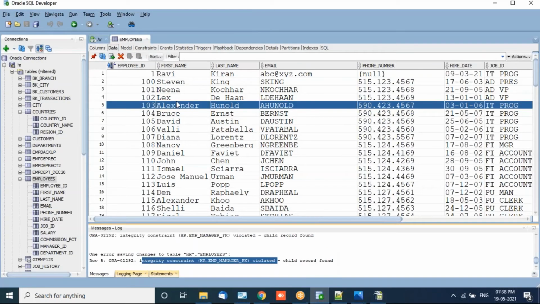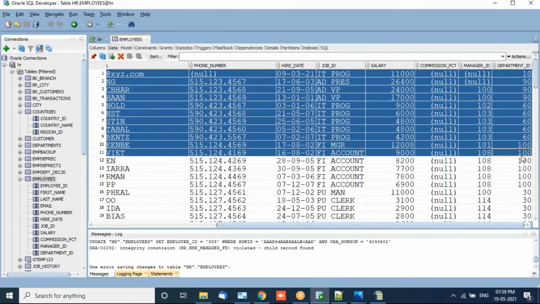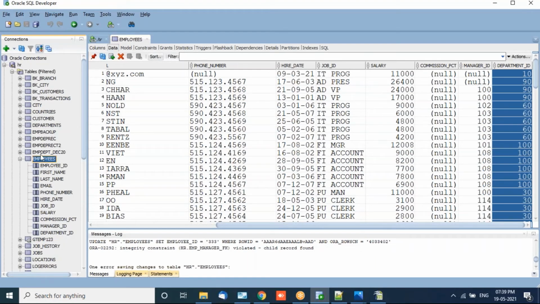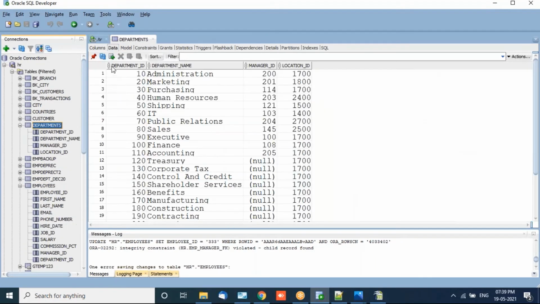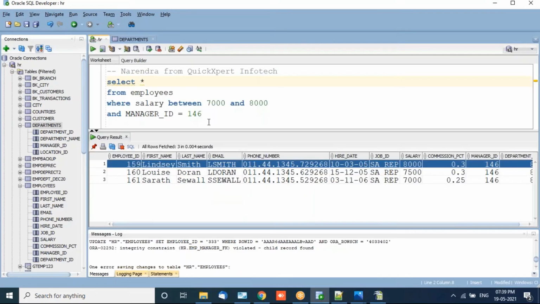See, if I cross verify, this is all numeric, which is the department ID. You can see this column is all numeric, and the departments are also all numeric. So basically you're doing a match of the pair. When you do joins, or links, or foreign keys, you're doing a match of the pair. This is how slowly you're going to learn.